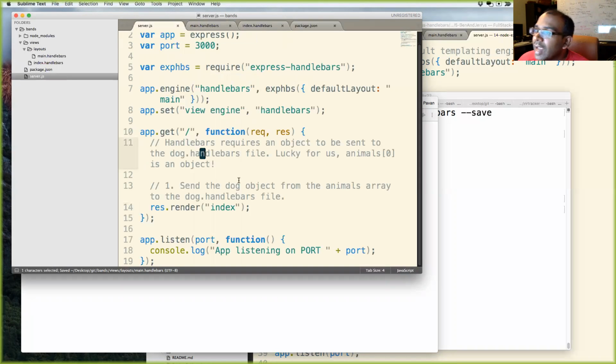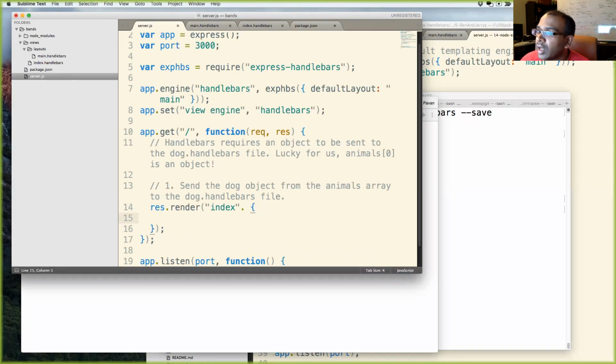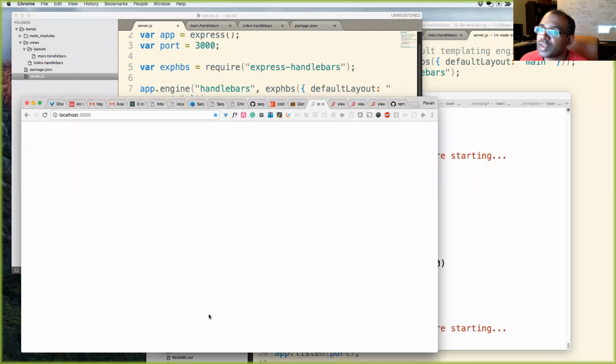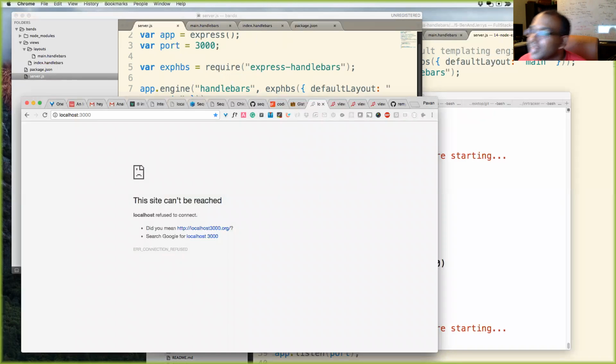Saving this. And now what we can do is pass in data. We can pass in data to this, right? So if I pass in band name right here, and let's give it Christian's favorite band, the Backstreet Boys. And now I'm going to save this. I'm going to run this right here, and it gives me an error.